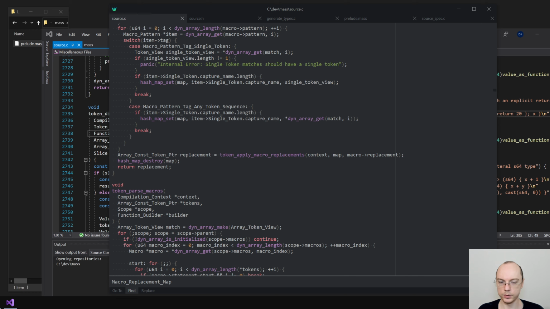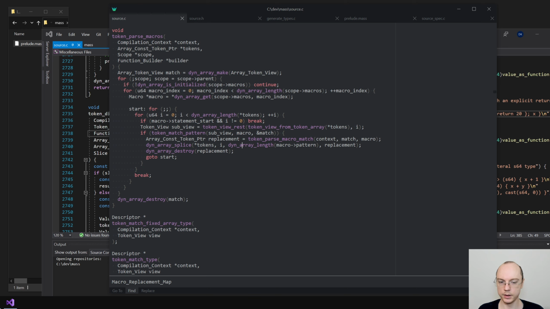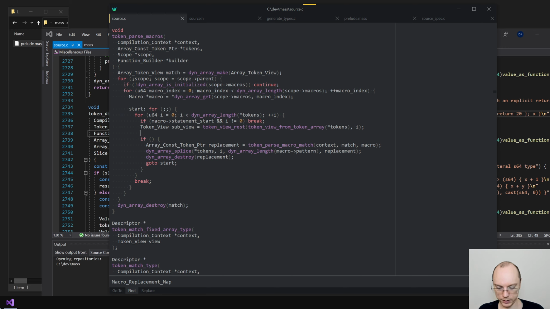token apply macro replacement. Wait a second. Yeah. So this is the issue. So we need to say U64 match length, or actually S64. No, U is fine. We should not have 0 length. Is not equal to 0. So if match length, then this is the replacement.